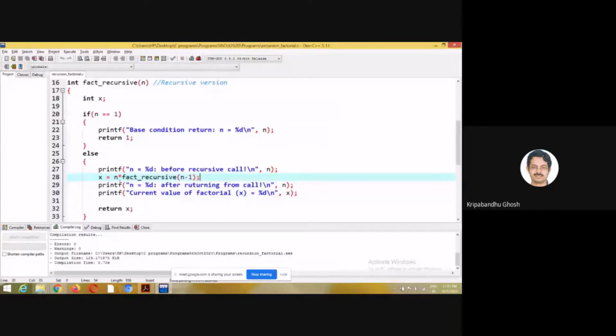Right. So at that stage, n was 3. So it returned to the previous call where n was 3, and this value is returned, right? So this value is 2. I'm returning from factorial 2. So fact n minus 1, n is 3, right? Factorial 2, we know that value, right? So that value is getting returned. That is 2. 3 into 2 we are getting from this line.